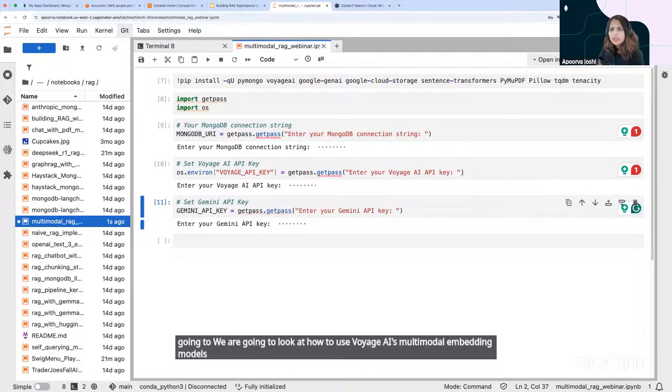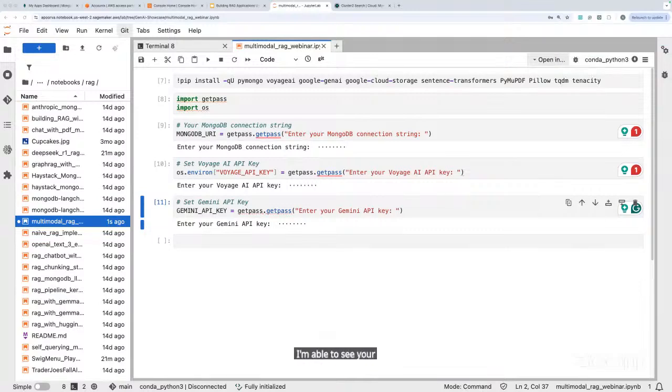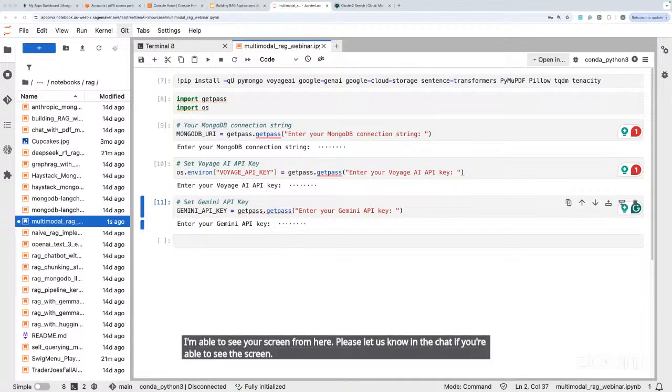Is my screen good? Unable to see your screen. I'm able to see your screen. Okay, please let us know in the chat if you're able to see the screen, but you're good,